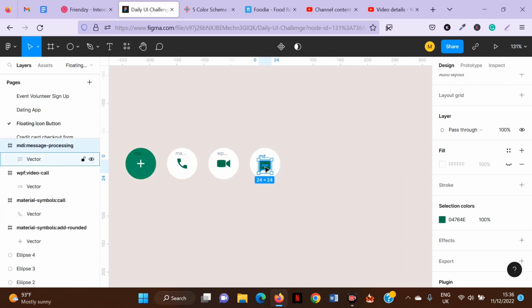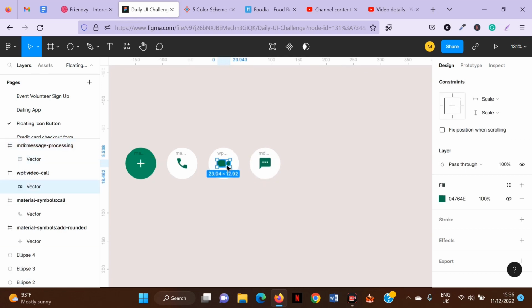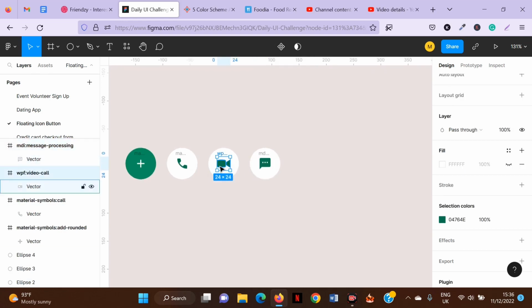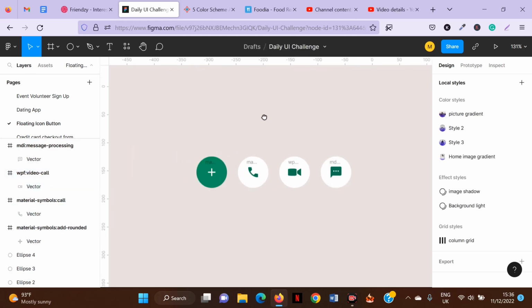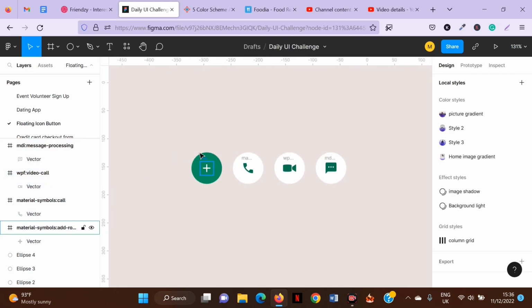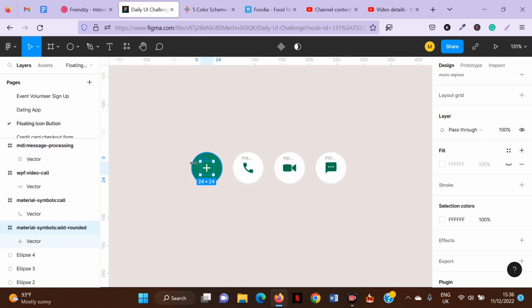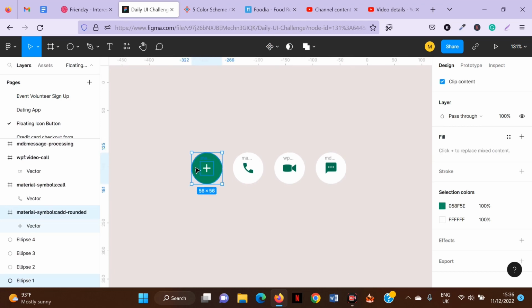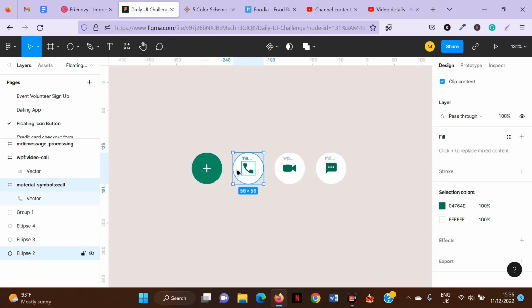So I'm just going to, yes, well placed. Yeah. So from here now, I'm going to group all these individually so that I can continue with the design. So I'm just going to Control G, Control G, oh sorry, Control G,